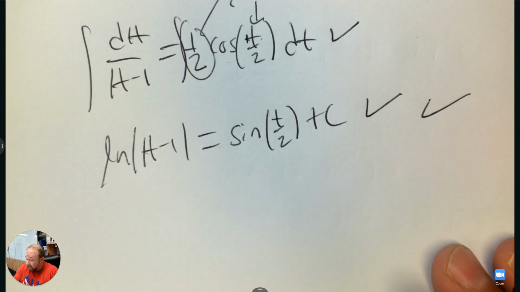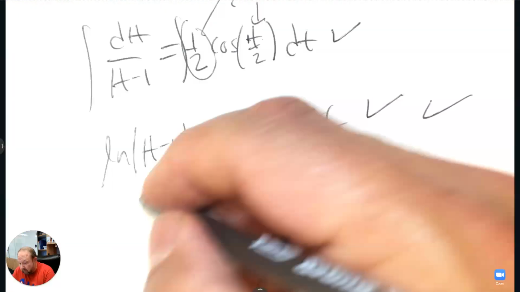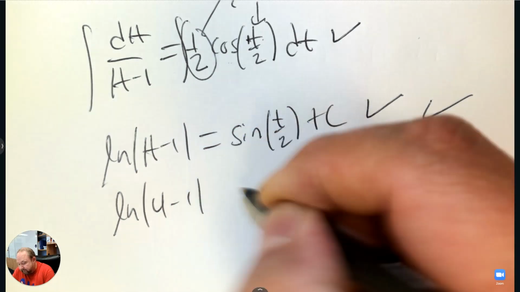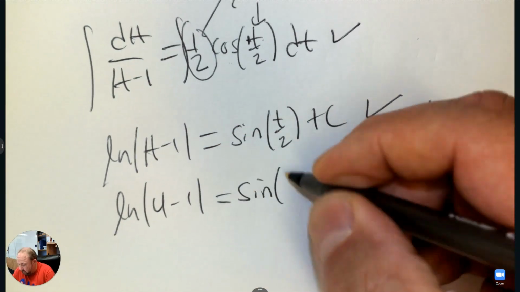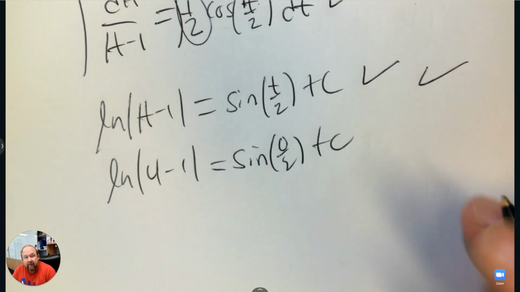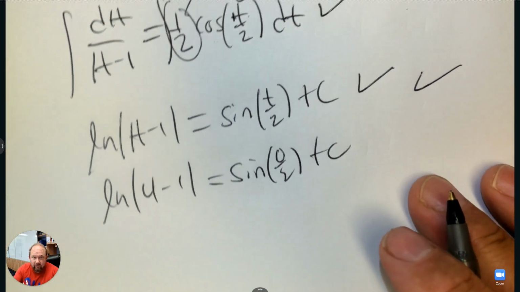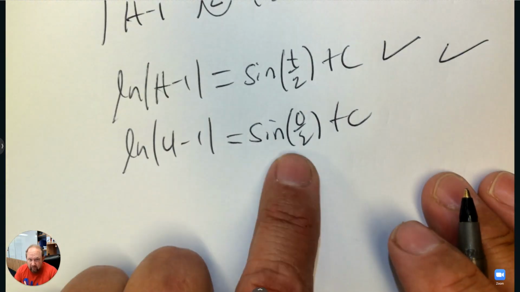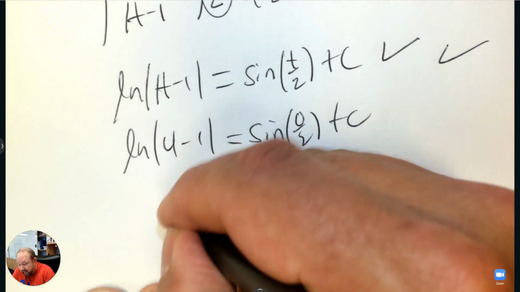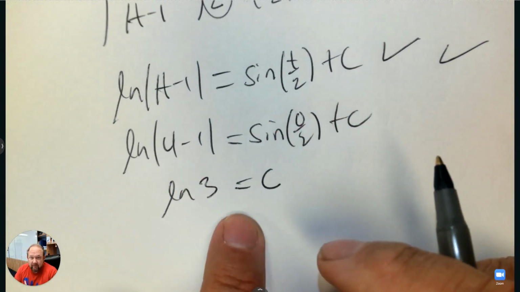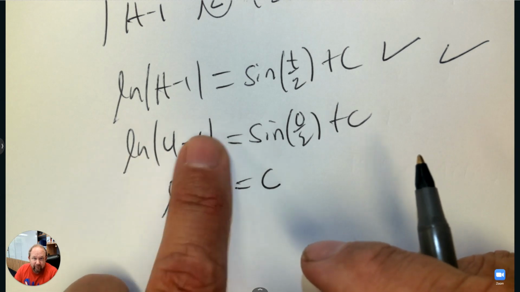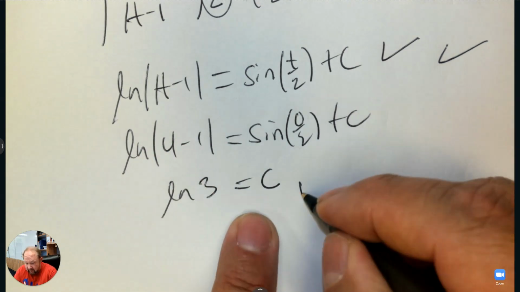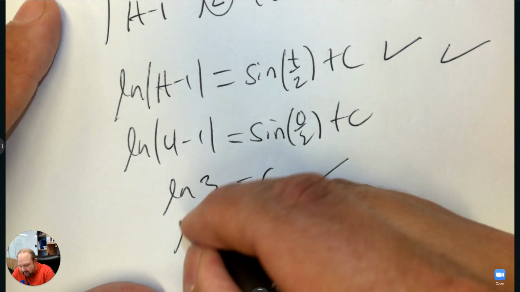The next step is we're going to plug in the point that's given. So it's 0, 4. So h is 4 and t is 0. Now 0 divided by 2 is 0, and the value of sine at 0 on the unit circle is 0. So sine is just that, ln 3. So 4 take away 1 is 3, the absolute value of 3. Now I know what c is. Then I go back into the equation,